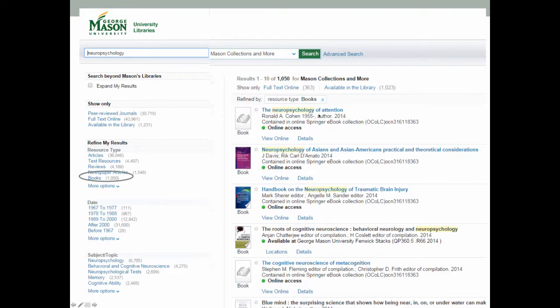And what comes up, the first couple that come up, are online books, and I can click on them, and it will take me to the online version of the book. Depending on the vendor, you have options for downloading PDF chapters, or checking the book out for a period of time, or downloading it to your devices. If it is a book that is in print on the shelf, it will tell you what library it's in